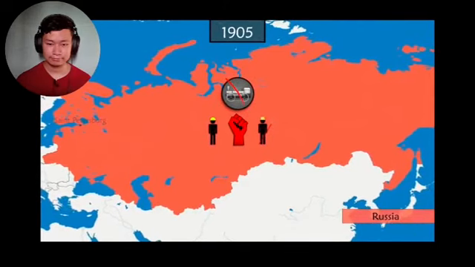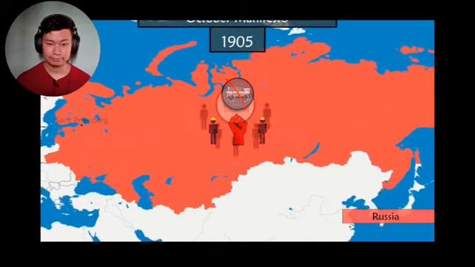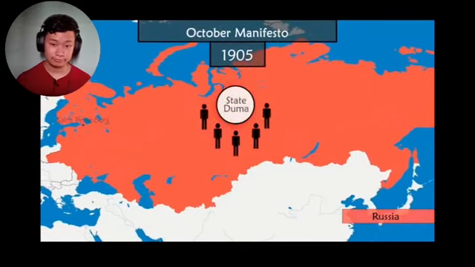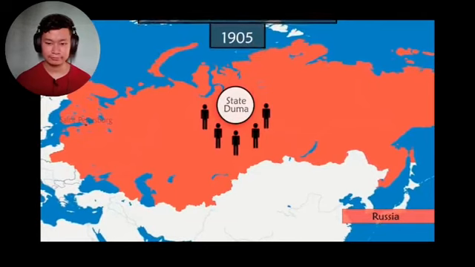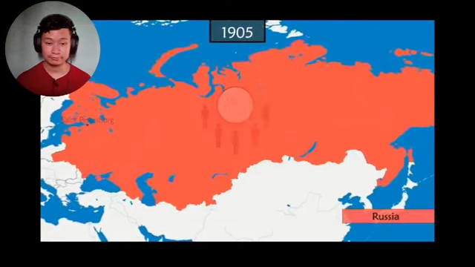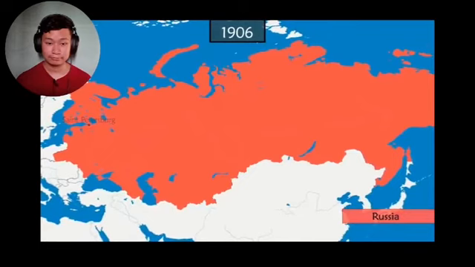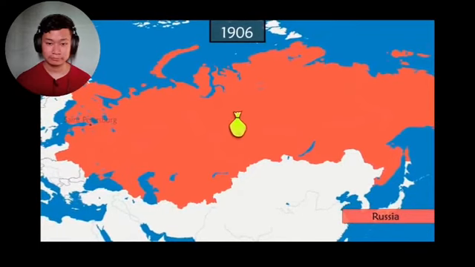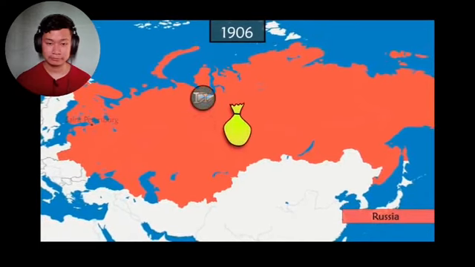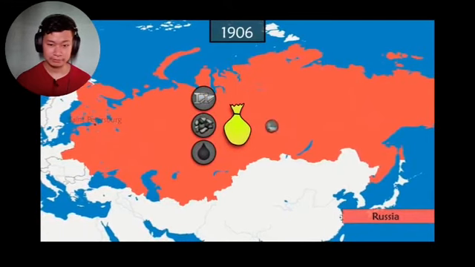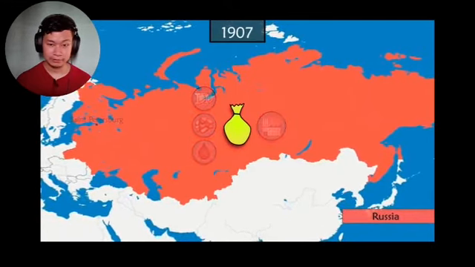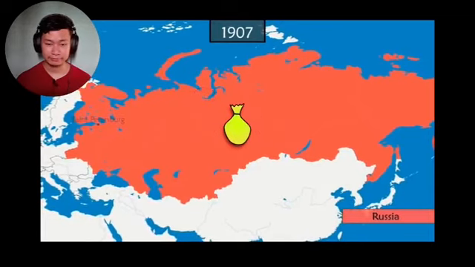With his back to the wall, Emperor Nicholas II is forced to accept the establishment of a state Duma, that is, a legislative assembly, which weakens the autocracy. After bloodily crushing the last revolutionary pockets, the country's economy is revived. The production of iron, coal, and oil increases, which boosts industrial development. The standard of living rises, and the country modernizes.